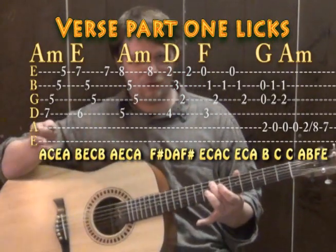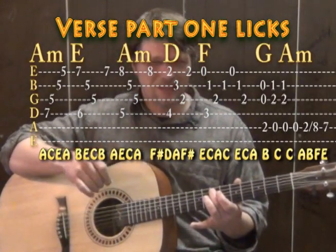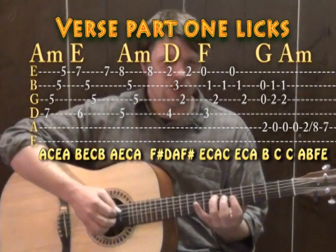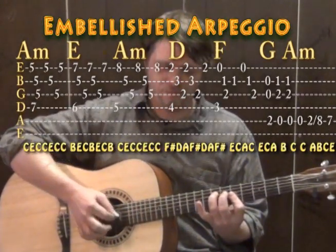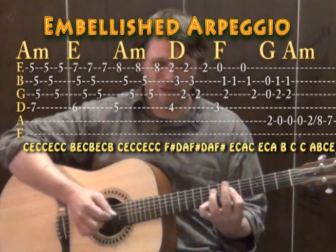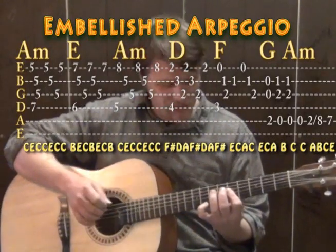That's your first part that gets repeated. And randomly later on in the tune, actually, Jimmy Page just speeds up the arpeggios on those chords. So there's a doubling effect later on in the tune, but it's that same arpeggio